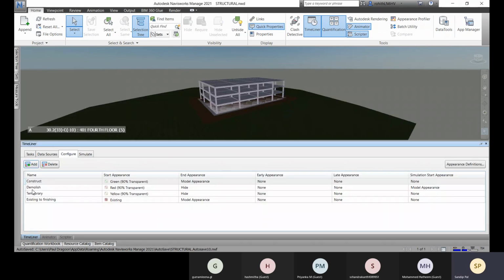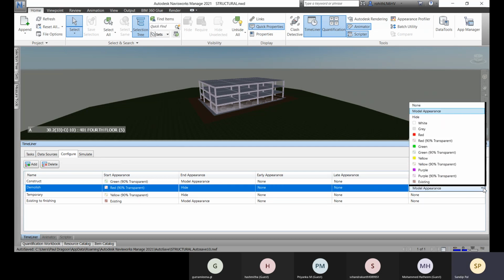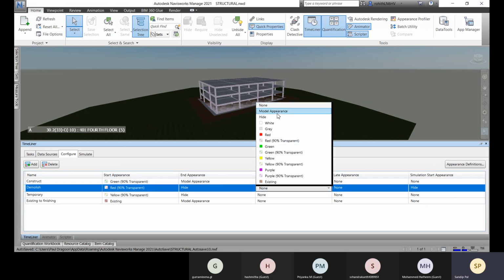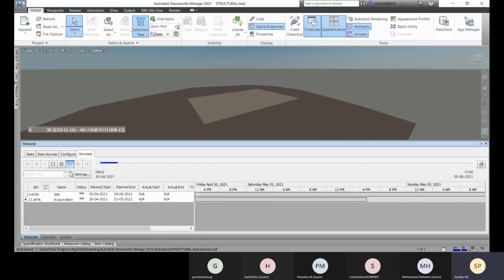So about this demolish, the end appearance is hide and the early appearance. So the simulation start appearance is model appearance. So there, let me go for hide and about the early appearance, let me go with the model appearance and there, let me check it.